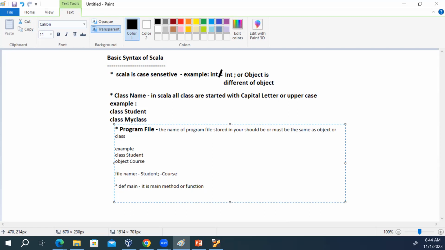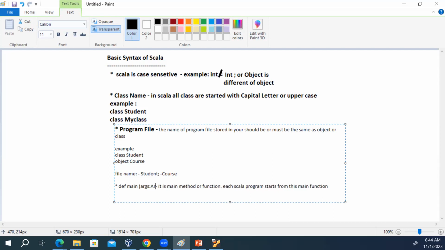It means each Scala program starts from this main function. That's another fact you need to know, because any class you create has to have this main function. It's written this way: args